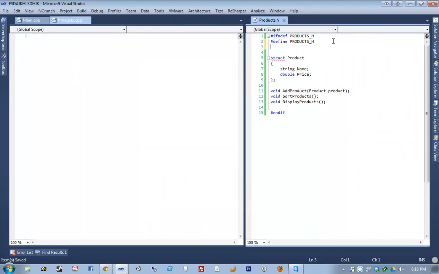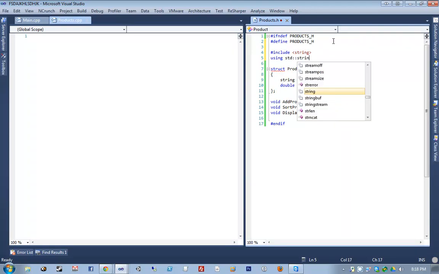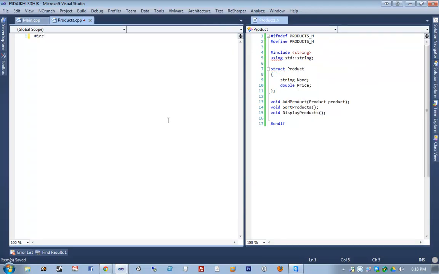And of course I need to include string using std string. Now I can say include products.h, and then I can say namespace